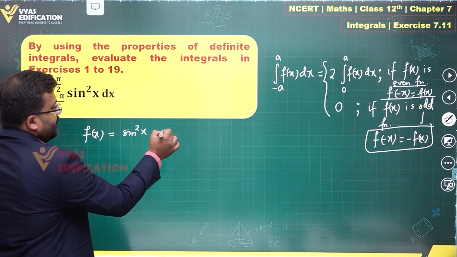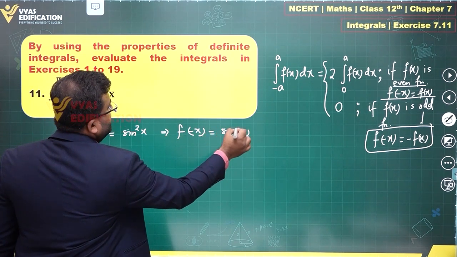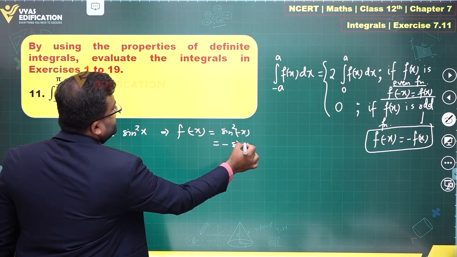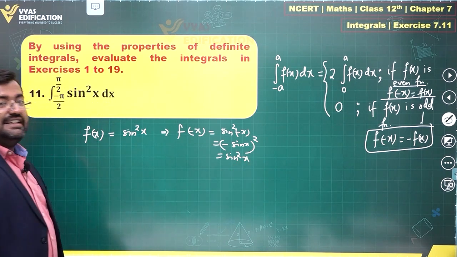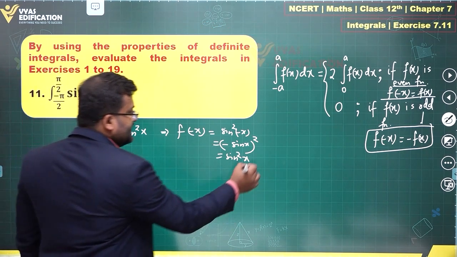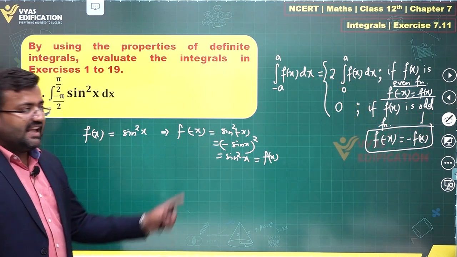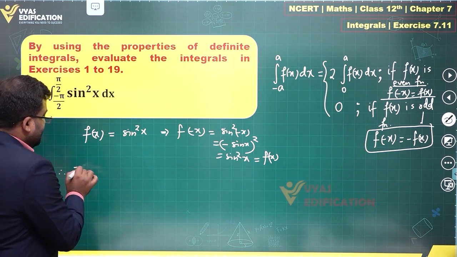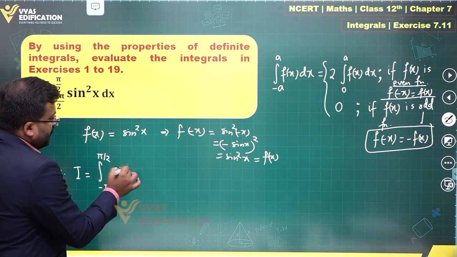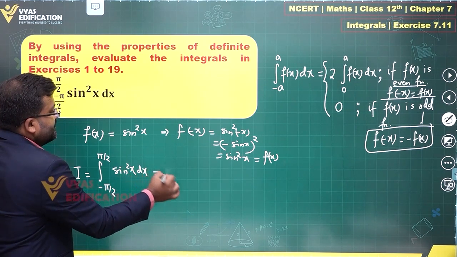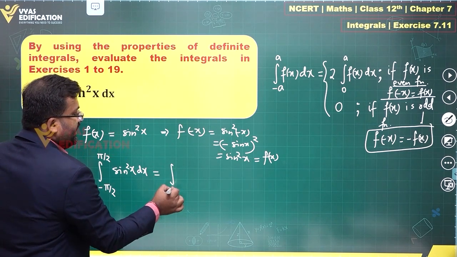So yes, f(x) equals sine square x. Let's analyze this. It implies f of minus x is equal to sine of minus x and its square, which is minus sine x square, which is sine square x. And yes, this is equal to f of x. Therefore, this integral I, which was from minus pi by 2 to pi by 2 sine square x dx, using property 7, is equal to twice the integral